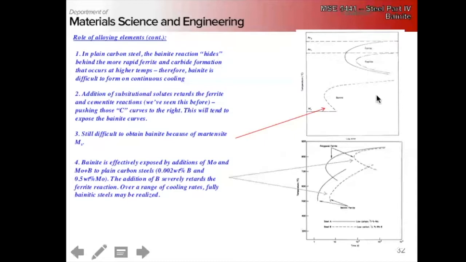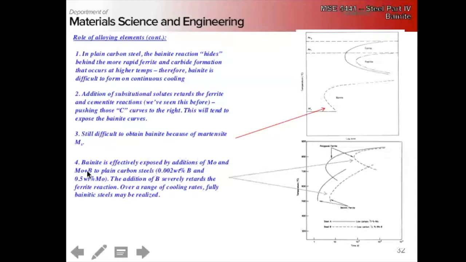Bainite, right? So if you just have plain carbon steel, if you cool, you're either going to have two things happen. You're either going to go through the nose, and then you're going to get a pearlitic steel, or you're going to go in front of it and hit martensite. In a plain carbon steel, it's very difficult to hit Bainite, right? But by some smart alloying, we can push this to the right, come down into the Bainitic region, right? Still difficult because we need to avoid this martensite start, right? But we can push Bainite to the left